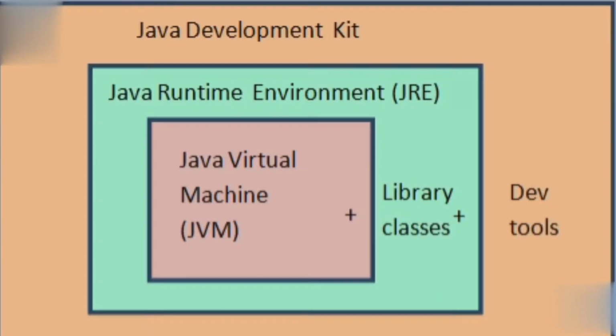It is a software independent kit, or we can say bundle, that contains all the software development tools. It supports libraries, application launcher, applet viewer, debugger, etc. It is combined with JRE and JVM. Let me show you the architecture of the Java Development Kit. This is the architecture of the Java Development Kit.